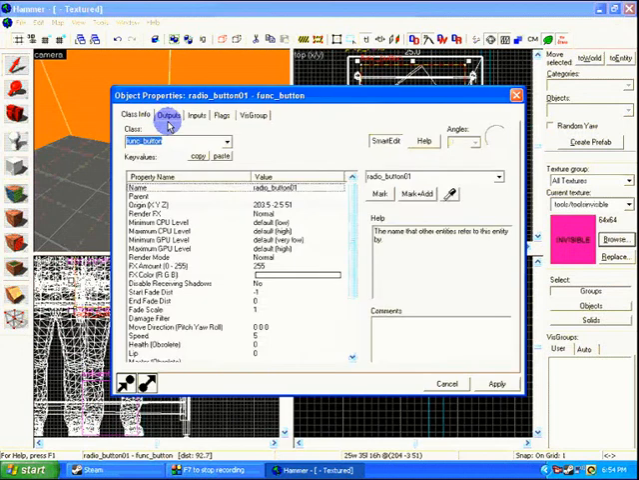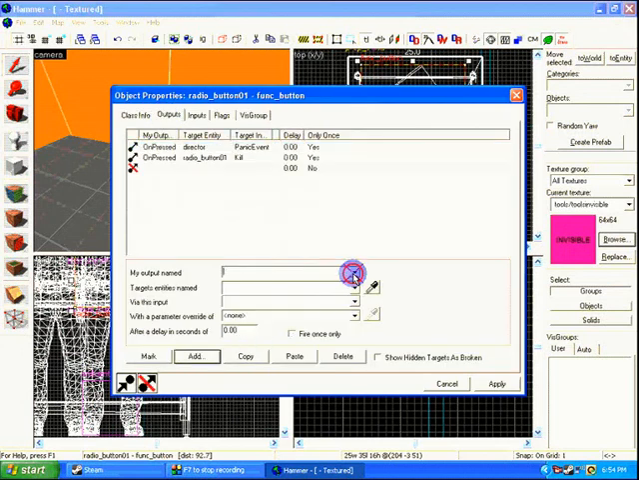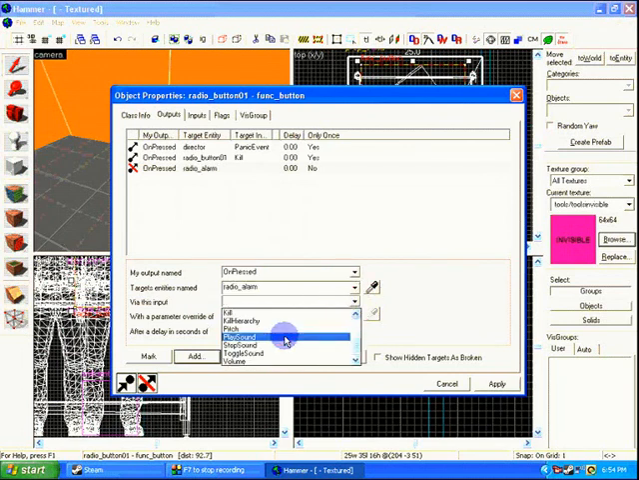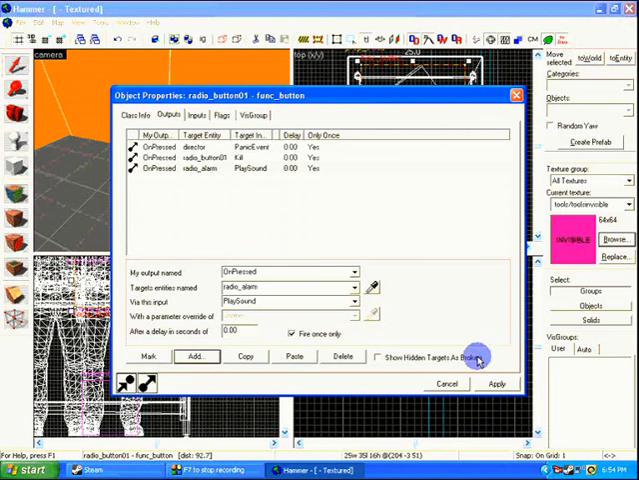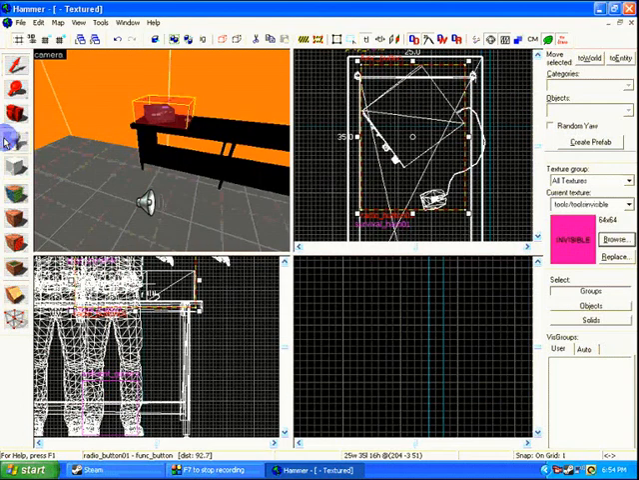So what you want to do, go back to your button, go to output, put add unpressed radio alarm, play sound, fire once only. Hit apply. Now you want to go back to your entity tool, go to your objects,